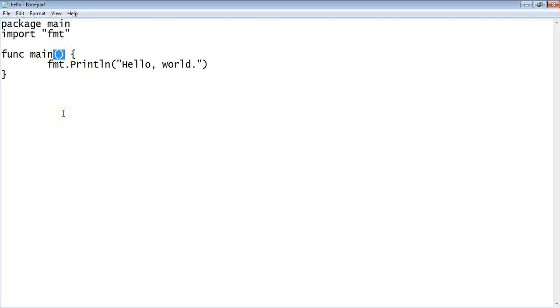This is similar to void main in C or C++, or public static void main in Java. So similarly you have a func main here. The curly braces serve the same purpose as in Java or C++, the begin and end.